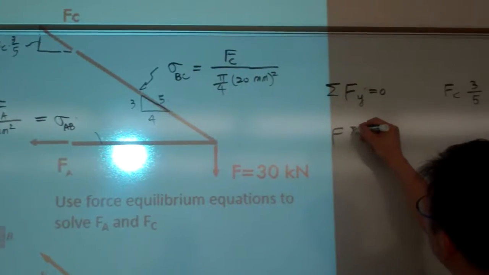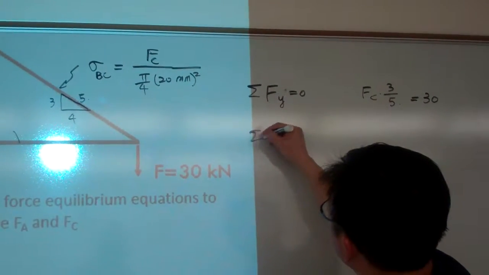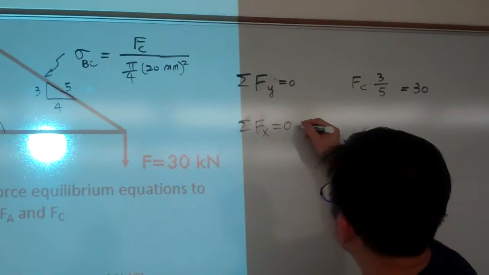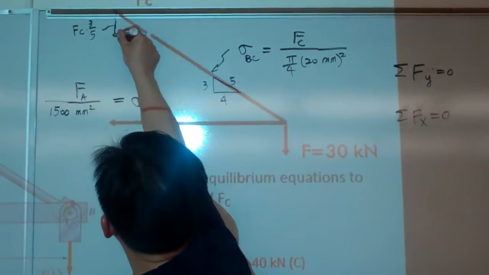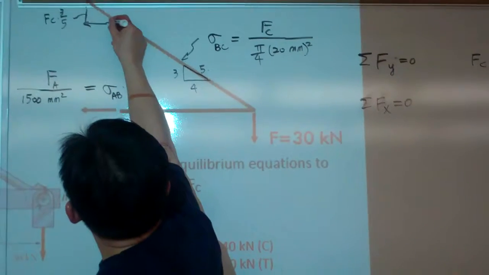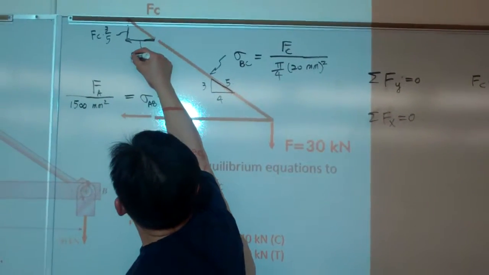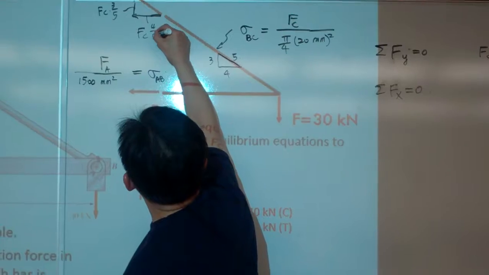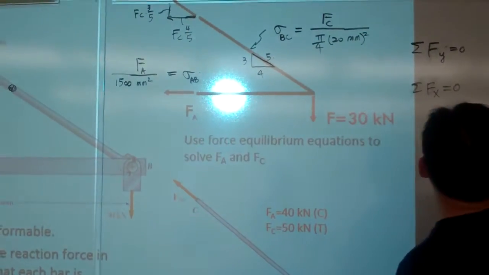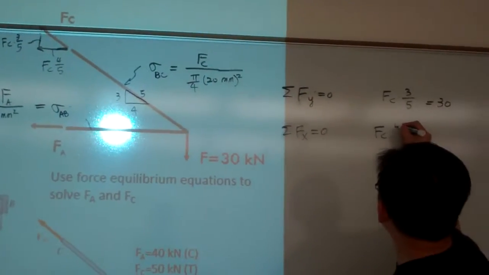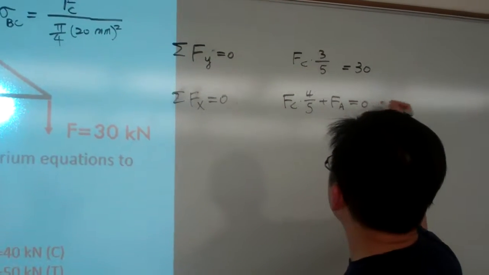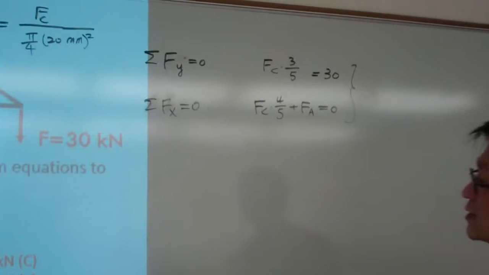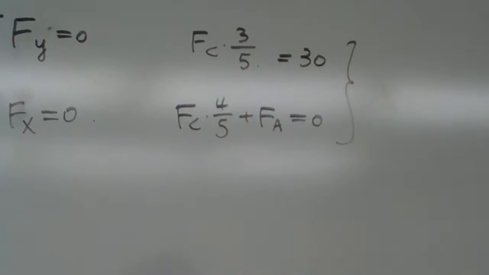And then we take the force in horizontal direction equal to 0. In horizontal direction, that means here we have two components. This one is Fc times 4/5 plus Fa. So Fc times 4/5 plus Fa equal to 0. From the two calculations, we should be able to calculate